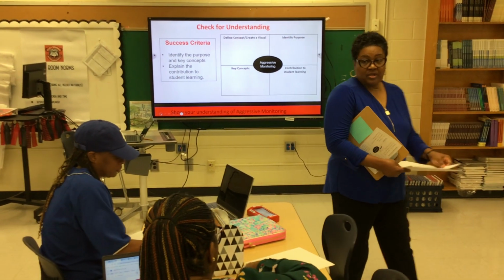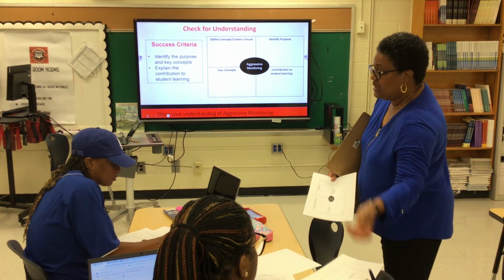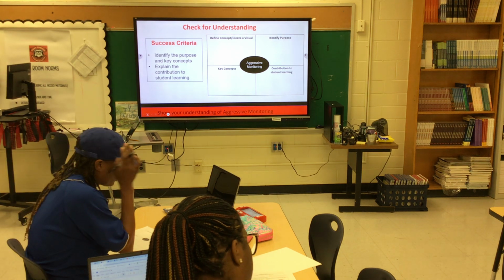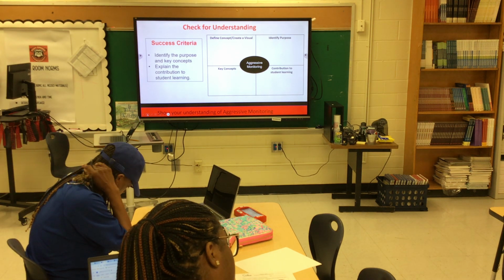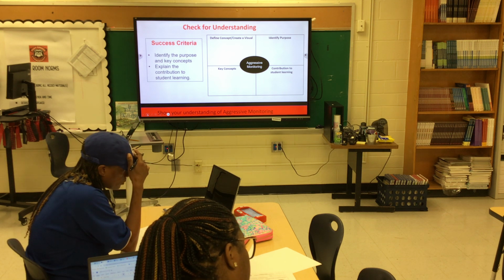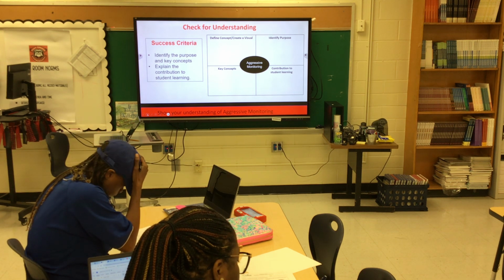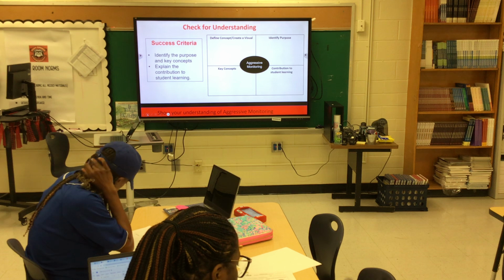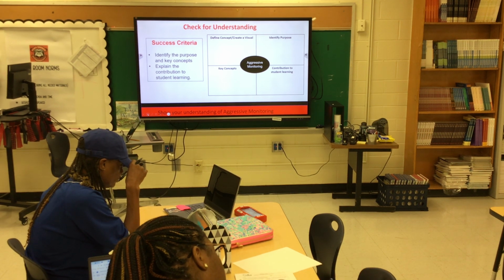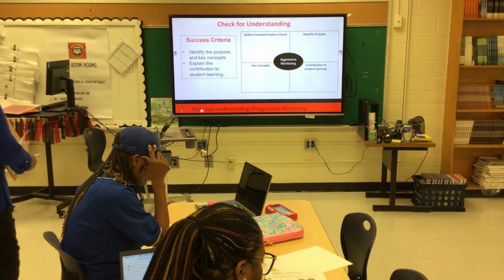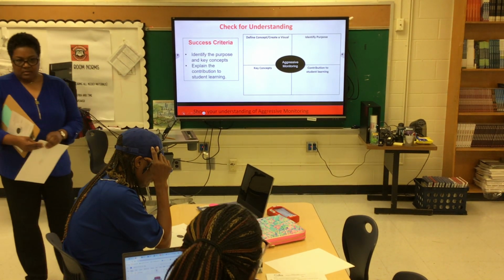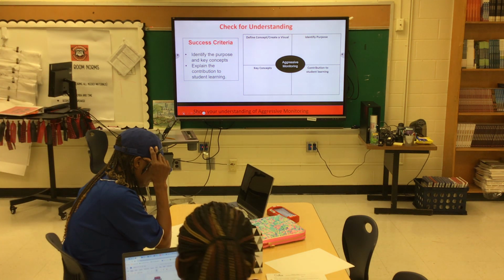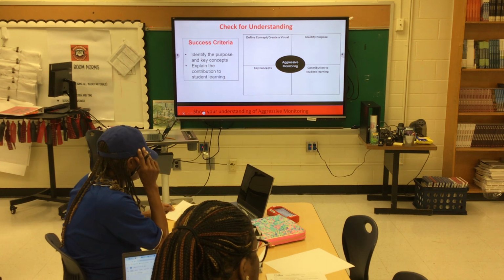I'm using graphic organizers because they're visual. So we did a circle map and now we have a Frayer model. Basically, these squares equate to what is in the success criteria for the day. I would go around and make sure you understand what's in each square, going from left to right, starting at the top then to the bottom, that you can define, that you can identify the purpose and the key concepts. But what level is all that? What level of learning? The three things that I just said: define, identify, and list the key concepts.